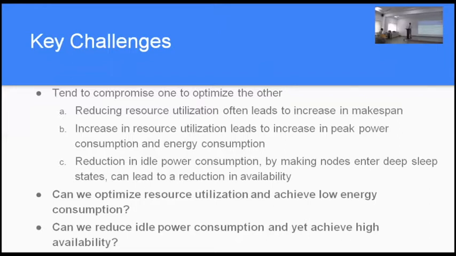Now, there are some trade-offs here. For example, if you really want high resource utilization, for example, if you say, I want to keep the CPU busy all the time because I've paid so much money for it, then it'll start drawing more power. So they keep the CPU busy, it draws more power, that's more energy out there. So there are different kinds of trade-offs that you will have. And if you reduce utilization, for example, you say, you know what, I don't want everything to be used because I want the energy to be low, then applications will run longer because you've slowed down everything.